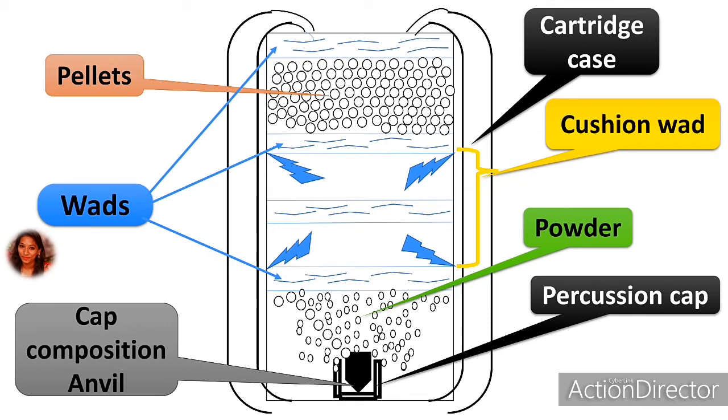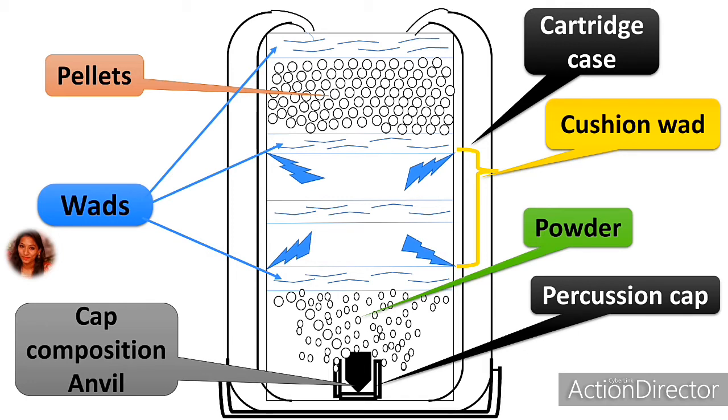Here the cushion wad is simply for protection purposes, because when the burning of the powder at the bottom starts, that is the black powder and other composition, it will create very high pressure. Because of this high pressure, it should not get out, and it should not be released in such a way that it disturbs the whole barrel of the firearm as well as the cartridge. That's why, to keep it safe and secure, the cushion wad is given. This will regulate the pressure in such a way that the firing mechanism will succeed.